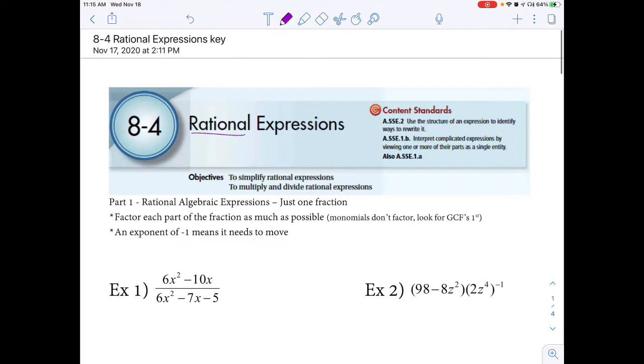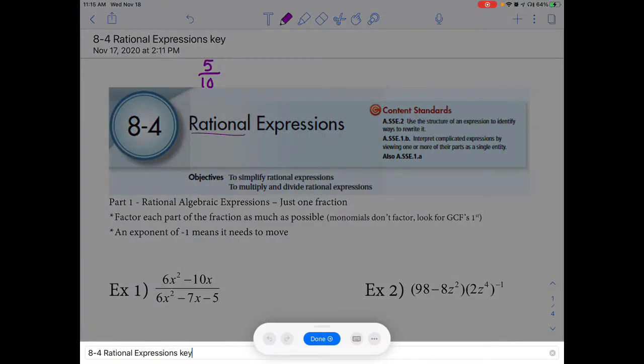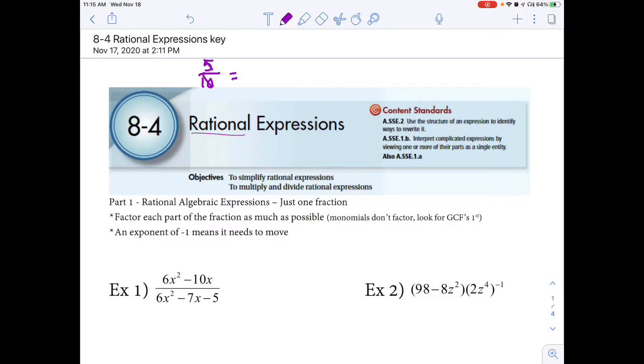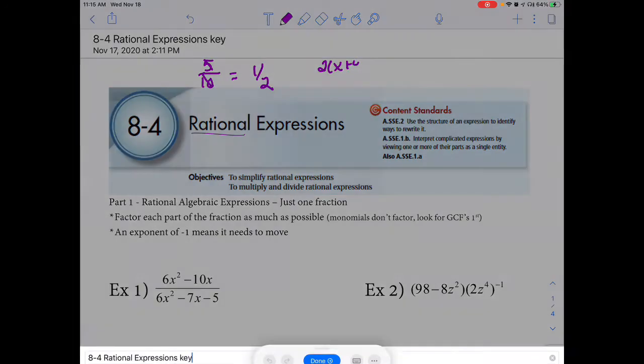So let's go old school. If you had 5 over 10, you wouldn't answer 5 over 10, right? You would answer 1 over 2. It's essentially what we're doing, except now we're going to have things like 2 with x plus 4